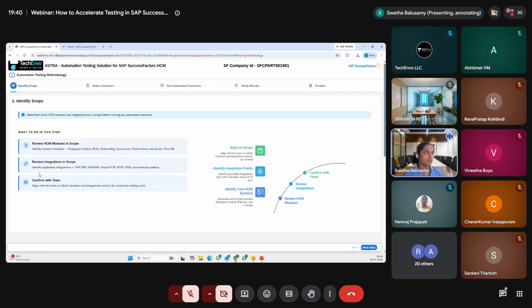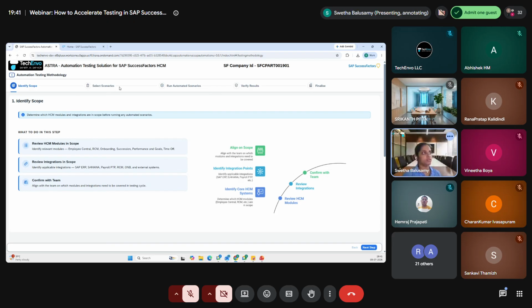And you can also identify the integrations that are relevant for you. Let's say if your SuccessFactors system is integrated with S/4HANA or any other external systems, you can also choose them. And finally, confirm with us on the modules and integrations that you want to test